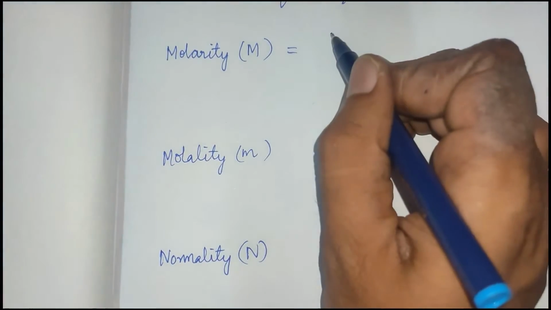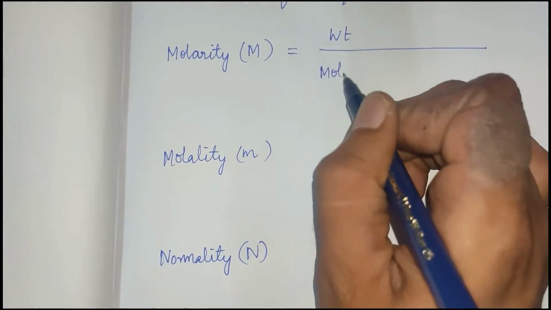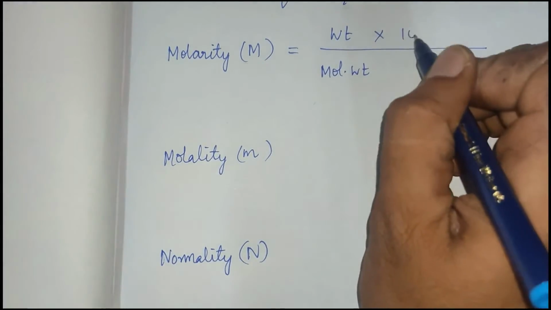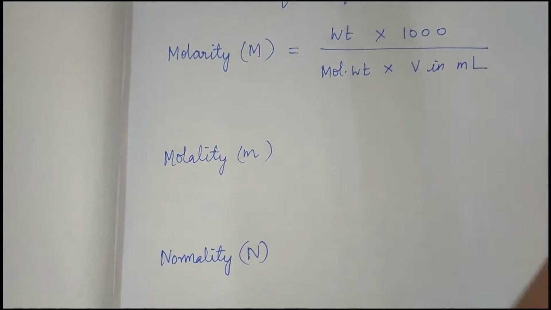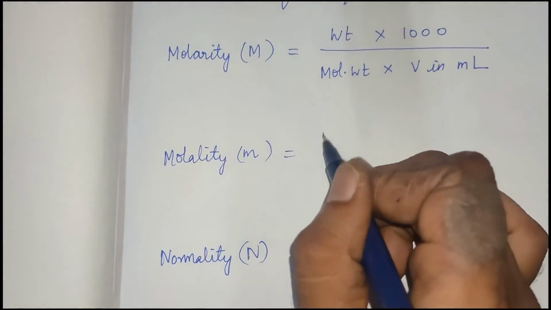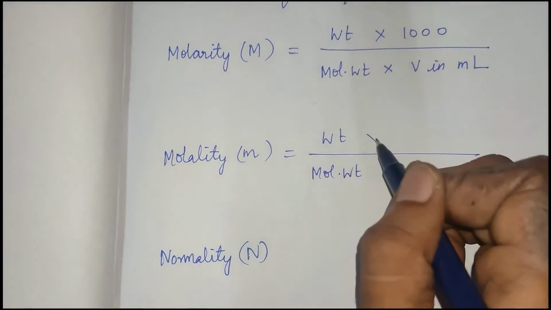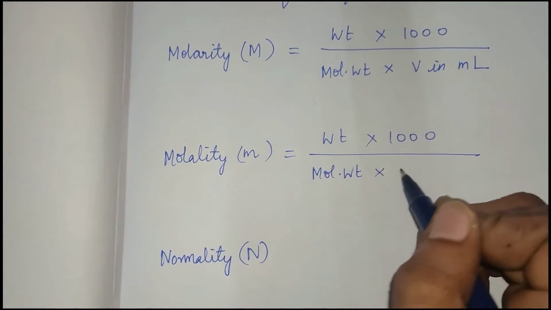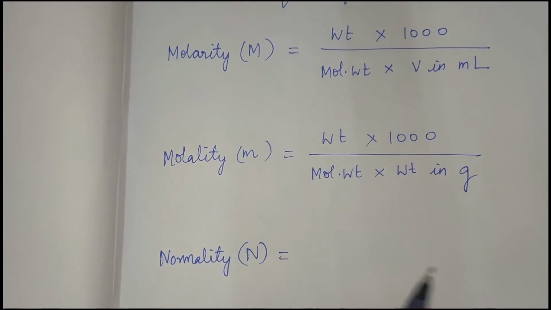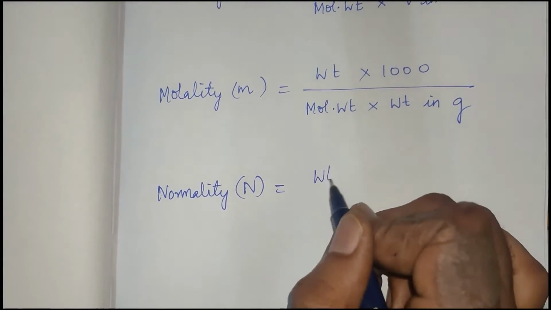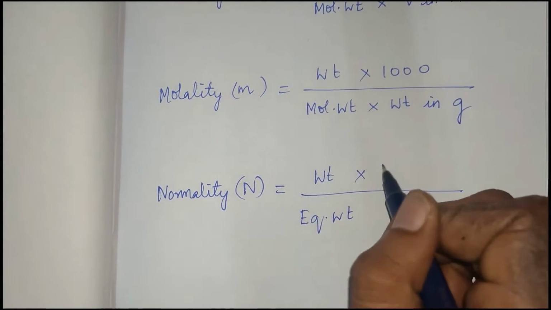Molarity is equal to weight by molecular weight into 1000 by volume in milliliter. Molality, weight by molecular weight into 1000 by weight in grams. Normality, weight by equivalent weight into 1000